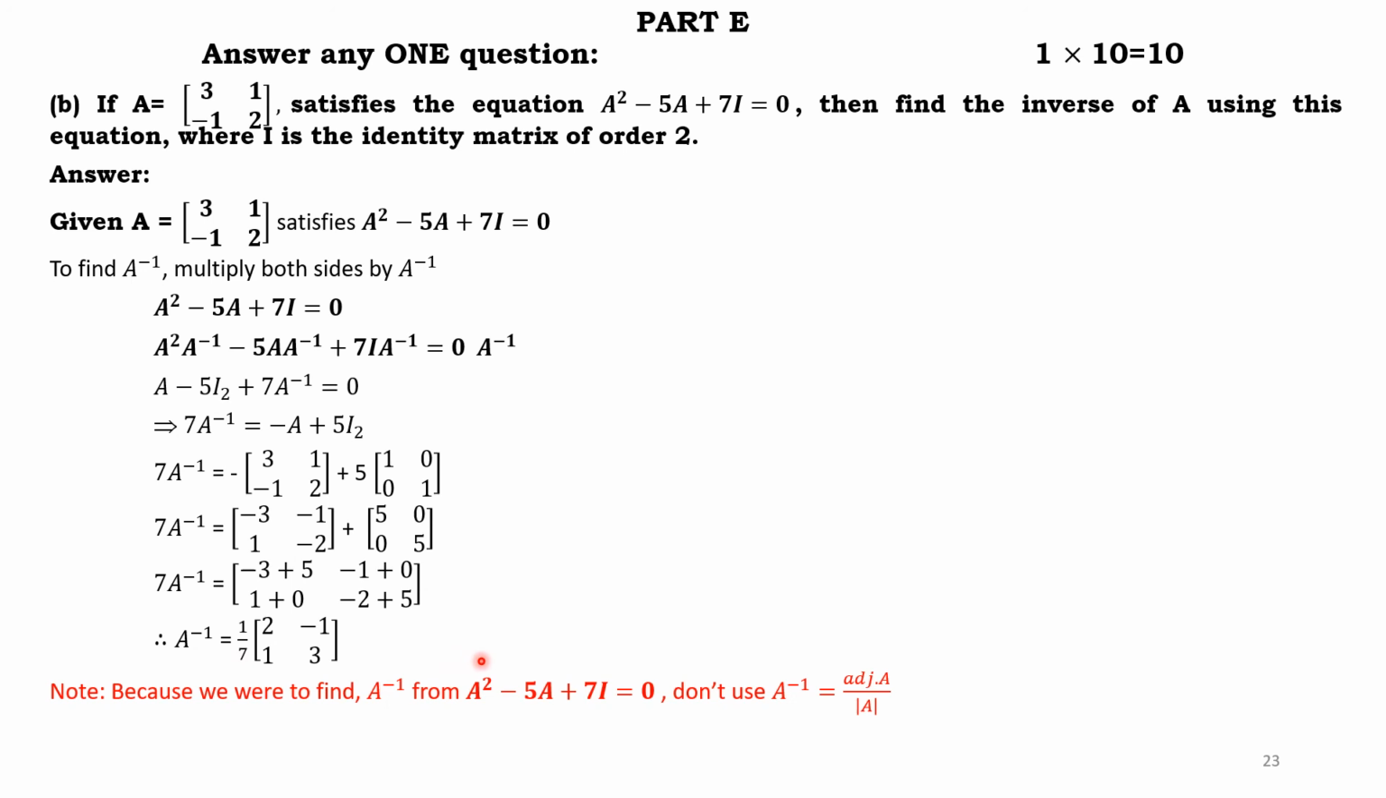Please note that we are required to find A to the power of minus 1 from the given equation. We should not use A to the power of minus 1 equals adjoint of A divided by mod of A. This formula we apply for some other case, but not for this case. With this, we come to the end of this paper number